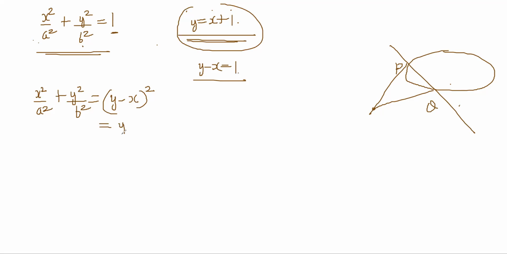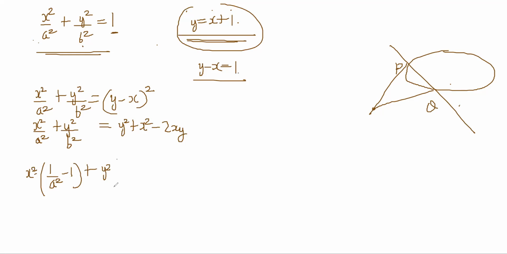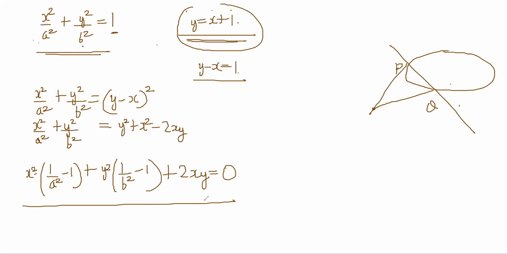because now this becomes y square plus x square minus 2xy, and this side is x square by a square plus y square by b square, right? And this equation will now become x square into 1 by a square minus 1 plus y square into 1 by b square minus 1 plus 2xy is equal to 0. Correct. This is already a homogeneous equation,